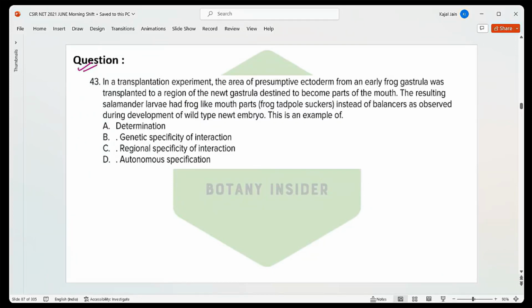Again, a very easy question. Understand the question, and if you were there in the developmental biology class, we learned about the exact similar thing. So try out the question, everyone. Look into the question. In a transplantation experiment, an area of the presumptive ectoderm from an early frog blastula was transplanted to a region of a newt gastrula. Okay, from a frog to a newt,